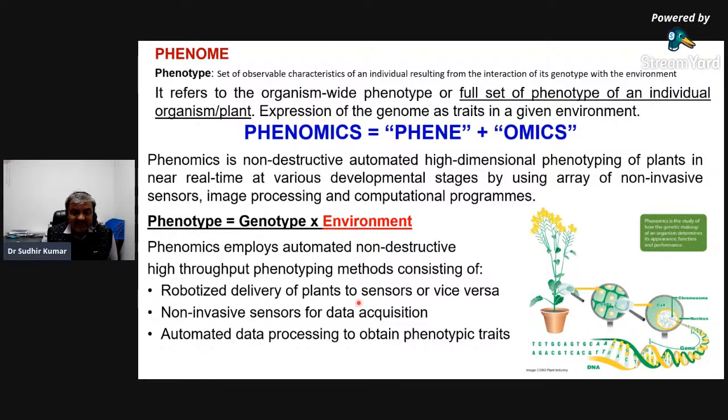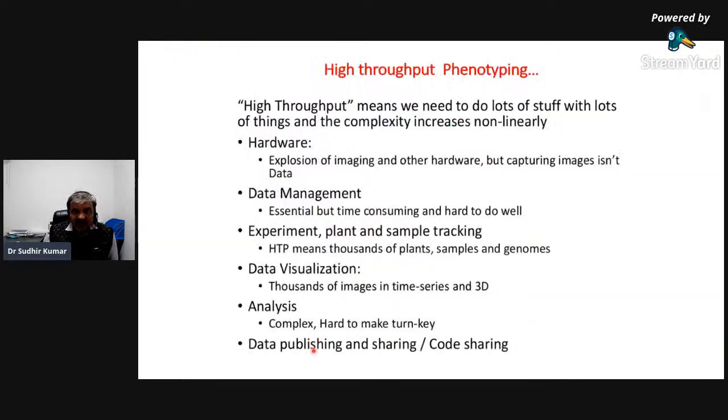Either the plant is sent to the sensors, or non-invasive sensors can be used for data acquisition. The third part is that all the data obtained is used to phenotype the traits. As explained by Dr. Suryakant, we are focusing more on HTP, high throughput phenotyping, because of the large labor and investment and